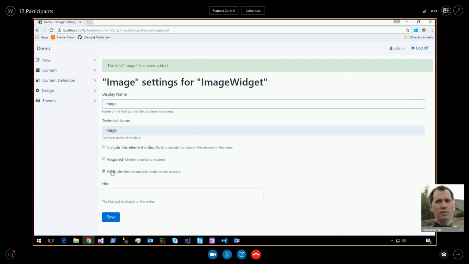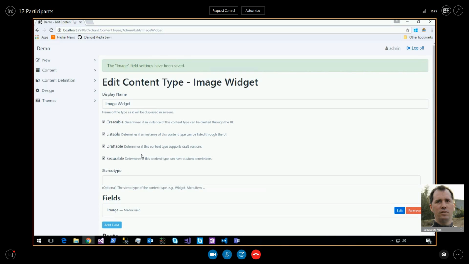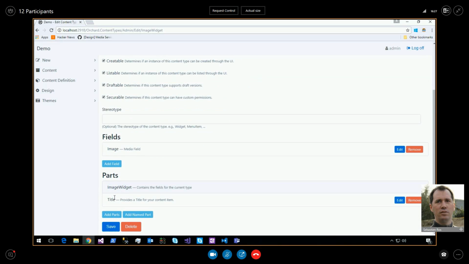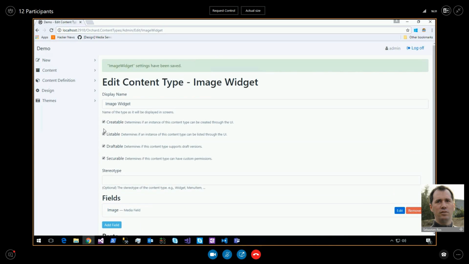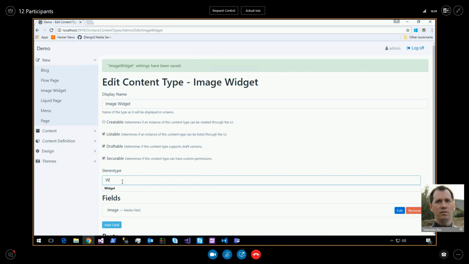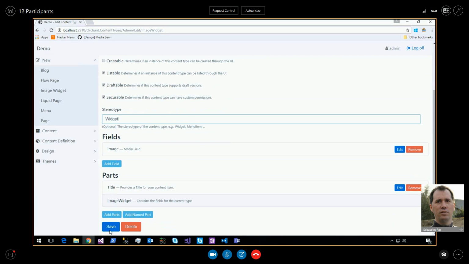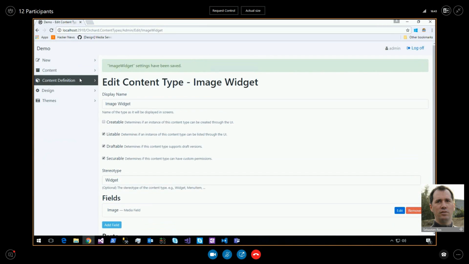Save. Only one. Save. Image title. I want my title above my fields. Save. And it's creatable, so I can create a new image if I want. Yeah, image widget. No, I don't want it to be creatable, but I want it to be a widget. Save. Okay, now I can't create it. I don't want to list it. I don't care. Save. Now, if I do a new flow page,